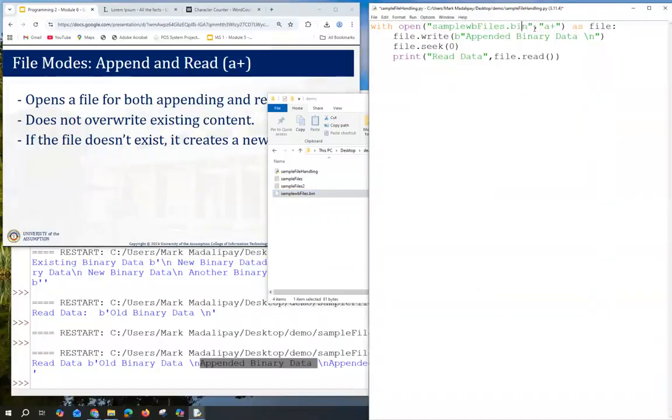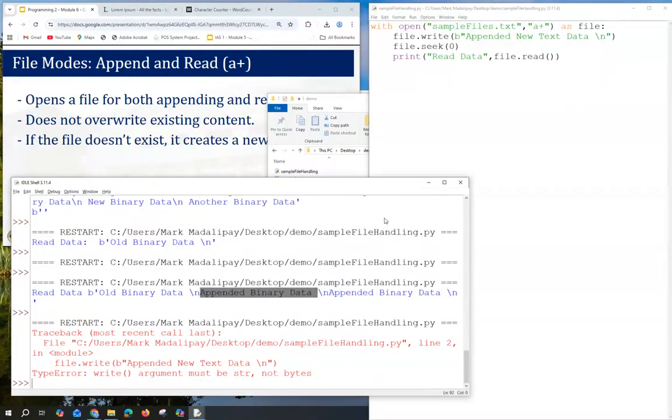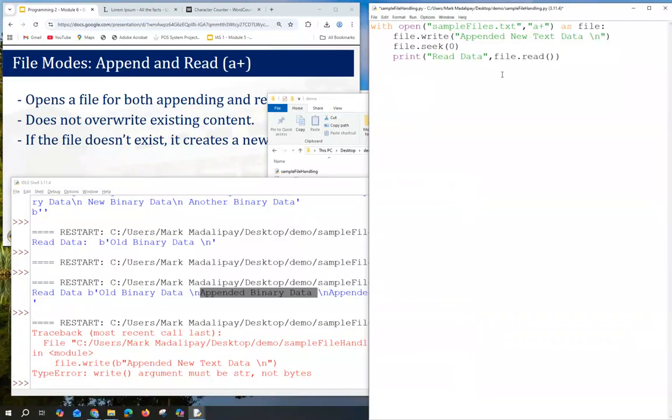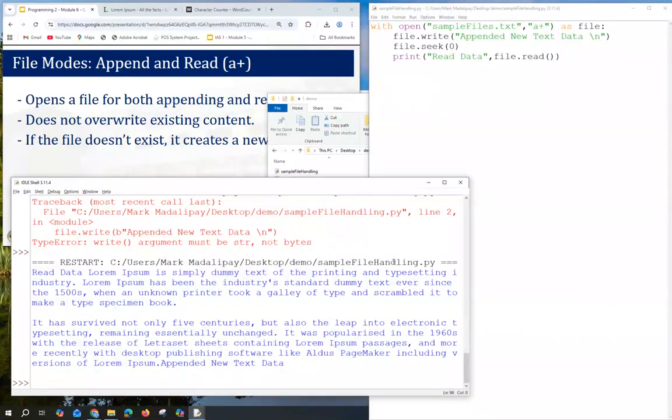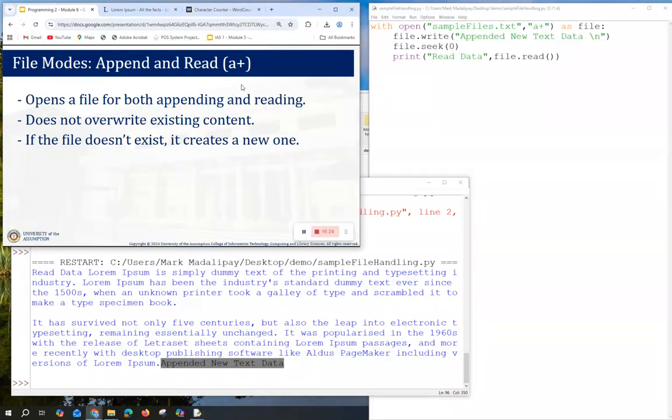So sample files.txt, appended new text data. Okay, so save, F5. Wait, save, F5. So we appended our new text data. Okay, so that's another mode, append and read.